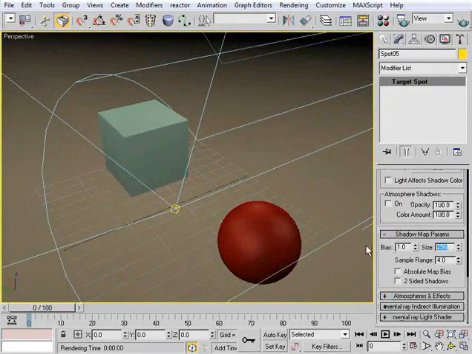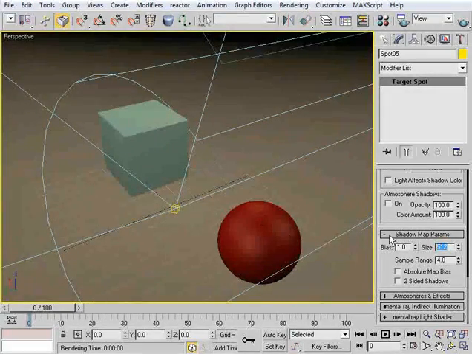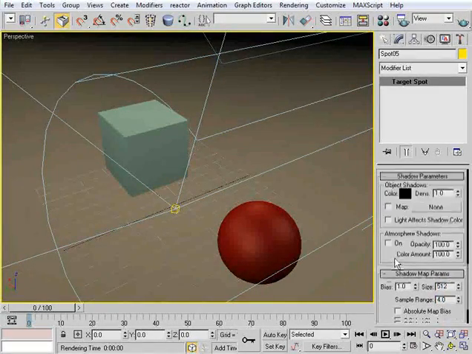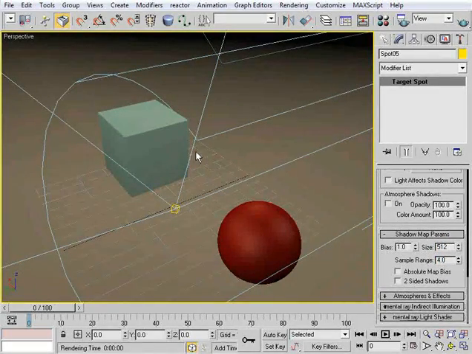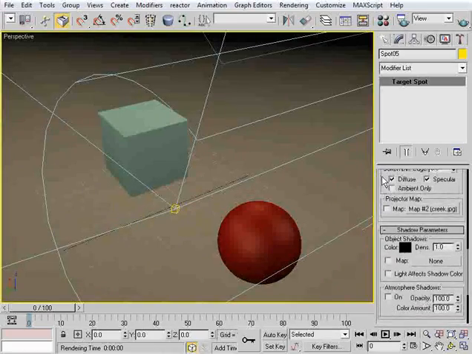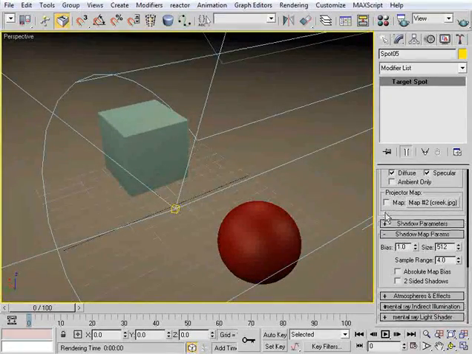So I recommend leaving it at 512, and if you're going to do anything, you can lower it, because Max has to calculate all these things. If you want to blur it, you can lower this, you can raise the sample range. But if you want the shadows to be sharper, then I just recommend